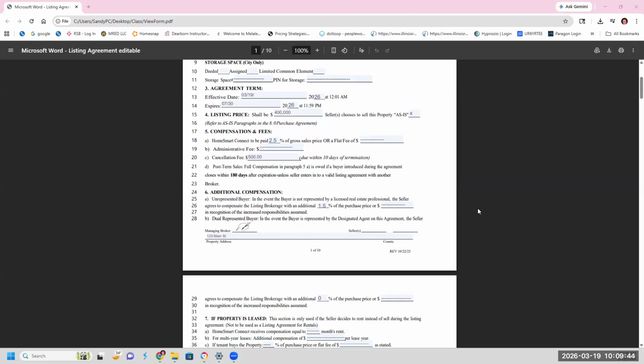Let's go down to compensation, because this is challenging for a lot of people. We do not offer co-op compensation on our listing agreement. Makes life simple. Let the other agent ask for what they want. When I go to take this listing, I tell my seller, Mr. and Mrs. Seller, what I'm going to show you right here on this agreement is what I need for my services. This 2.5% at line 18 includes all of my fees.